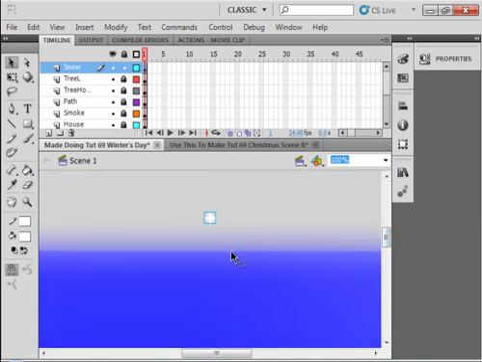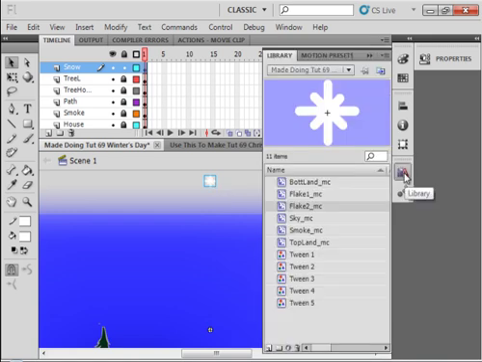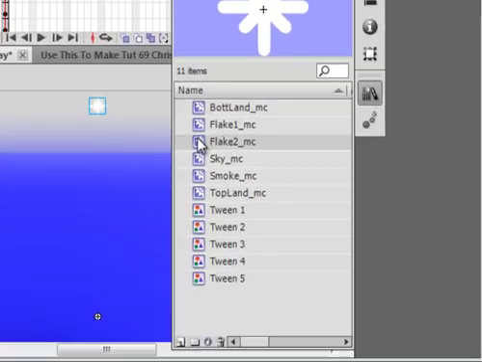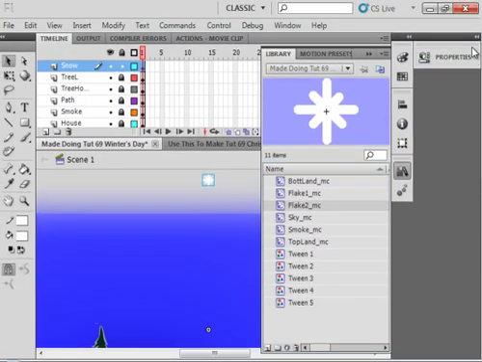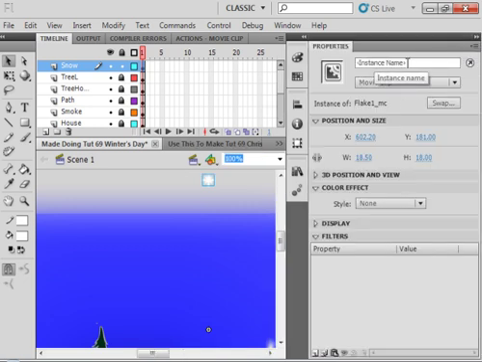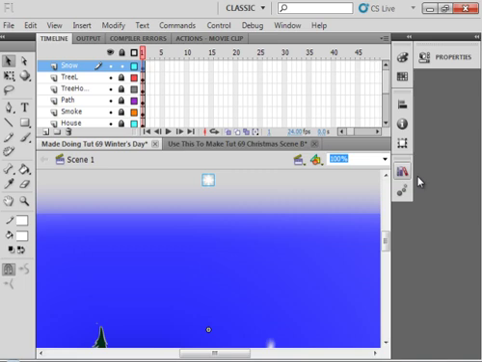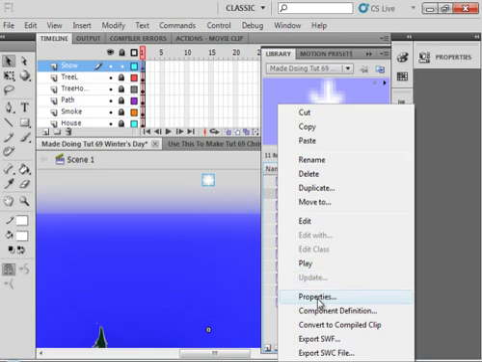There's our movie clip. At this point in time, we want to write the code to allow this movie clip to fall down. But before we do it, we got to open the library panel. It's this flake 1, I think that is called. Yeah, it's flake 1. So let's open the library panel, right click on flake 1, properties,